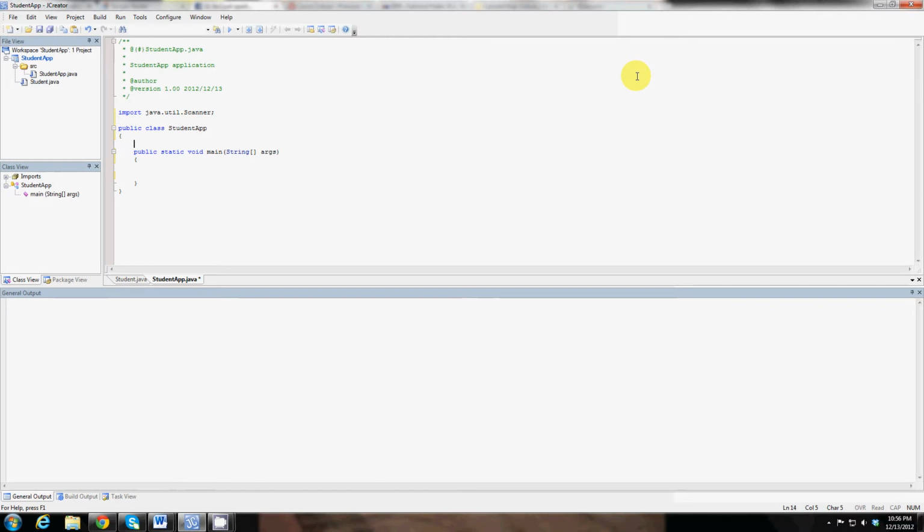This will allow us to use the Scanner class, which is already defined, and you'll notice that we have public static void main. When we hit run, this will actually be the method that runs. Okay, so the first thing we're going to do is instantiate the students. There's going to be 2 student objects and a keyboard object, which will allow us to accept input from